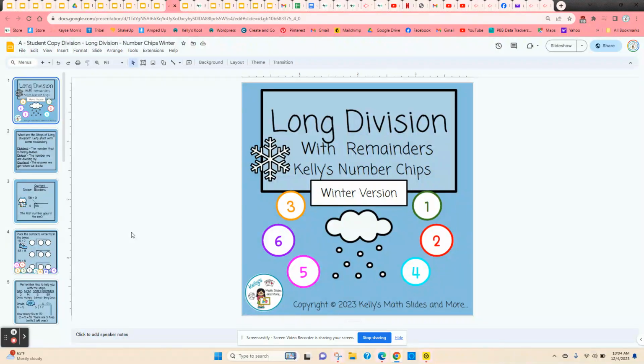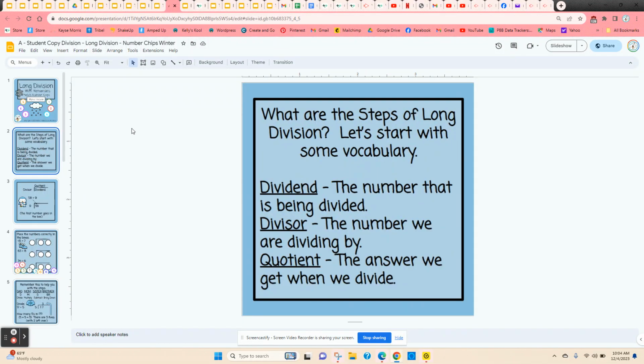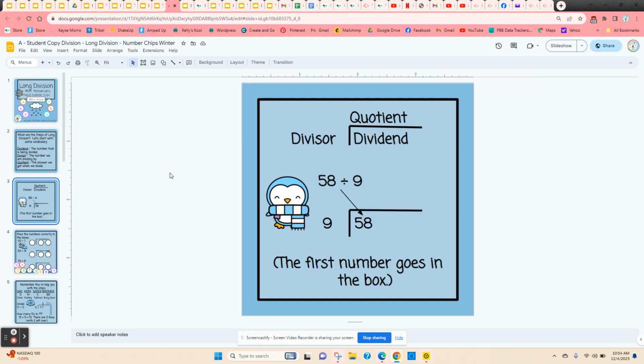Long division with remainders using number chips. And this is a digital lesson. This is our winter version. So it starts with some definitions of dividend, divisor, and quotient, and then shows where these fall in the division